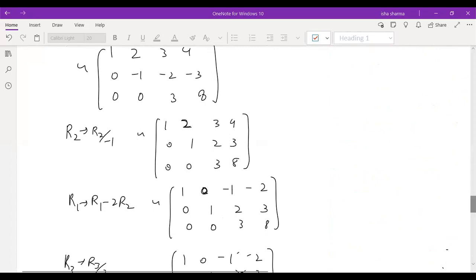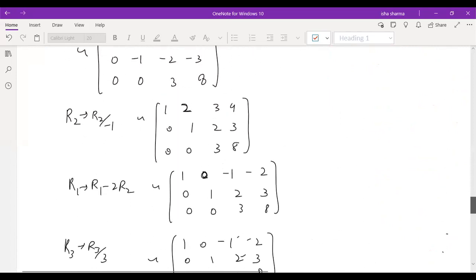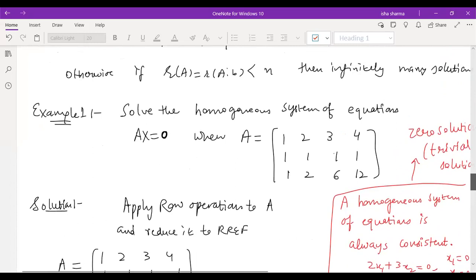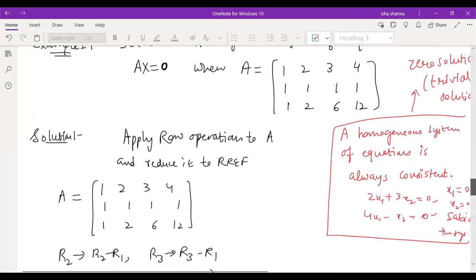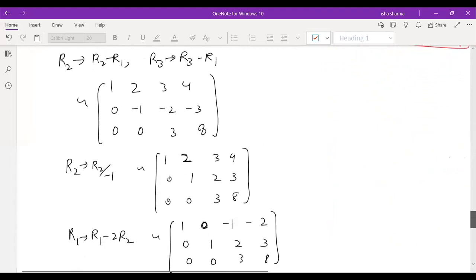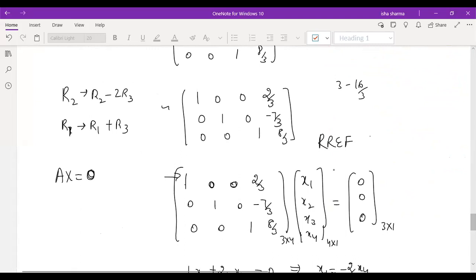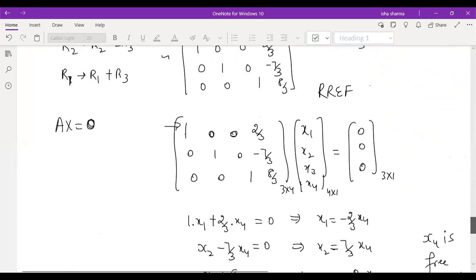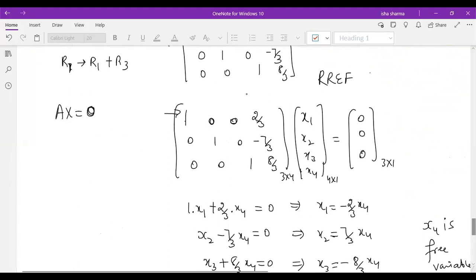Is everybody clear with the thing which we did in the last? I can explain this question once again because you are requesting. We were given a homogeneous system of equations. What we have to do is apply row operations on the coefficient matrix. It can be a matrix of any size, 3x4, 4x5. It can be 3x3, 4x4. It can be rectangular, it can be square. So once you apply row operations and ultimately get the row reduced echelon form, in the last you have to write it back in terms of equations one by one.